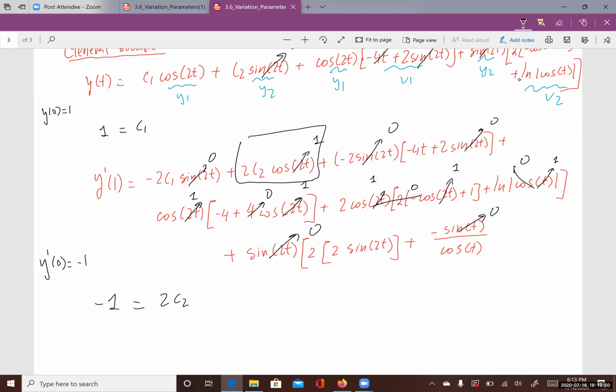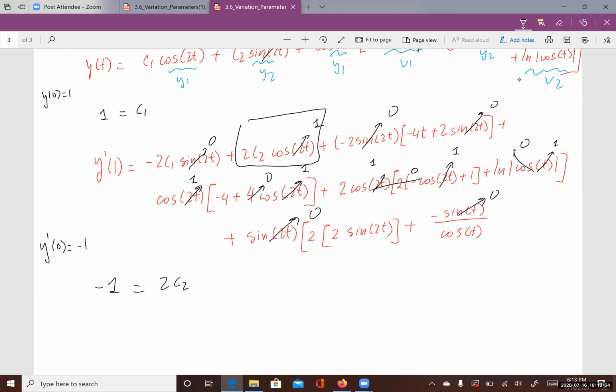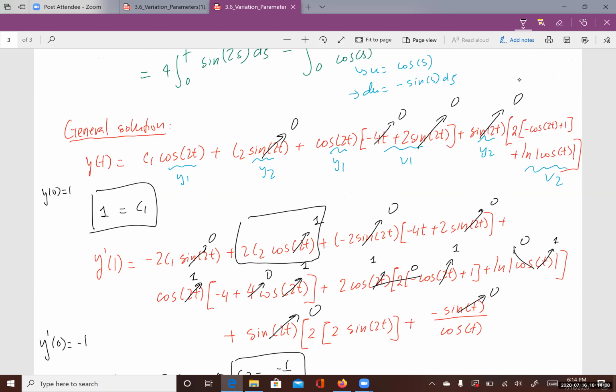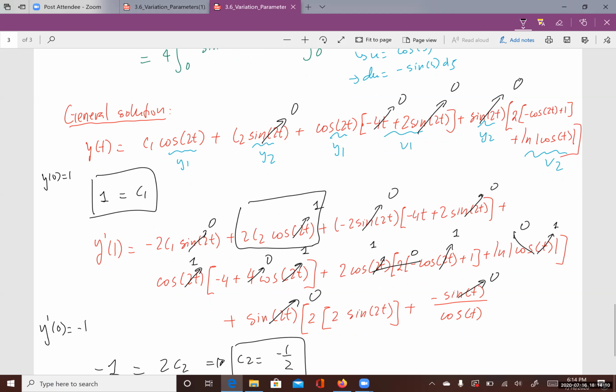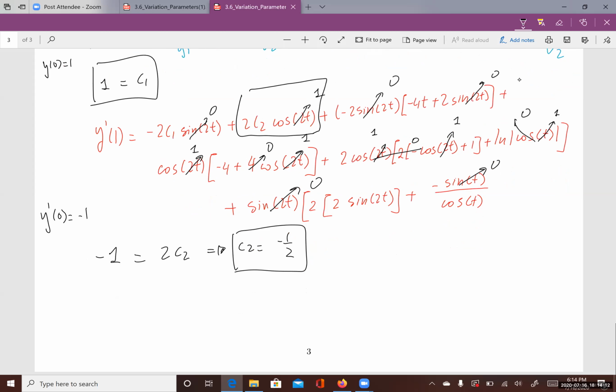Everything else should be 0. Oh, then I found C1 is 1, C2 is negative 1/2. Then my particular solution will be this function here, but you plug in C1 is 1 and C2 is negative 1/2. So the particular solution